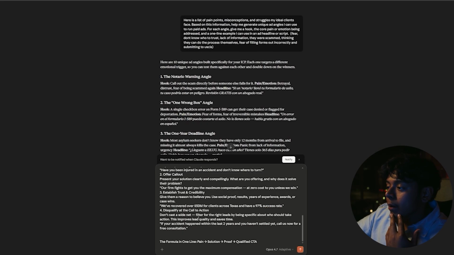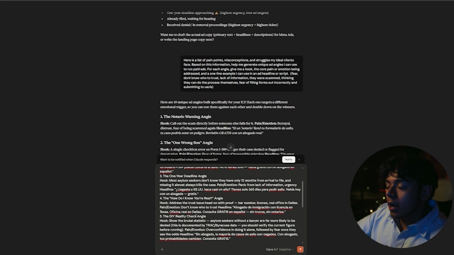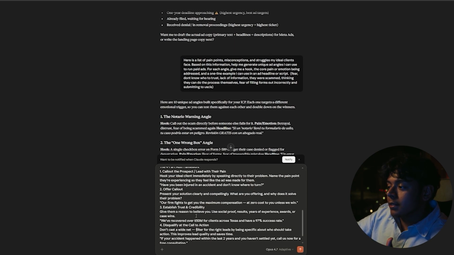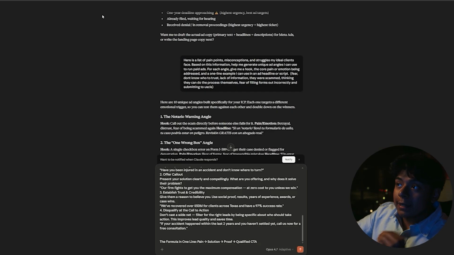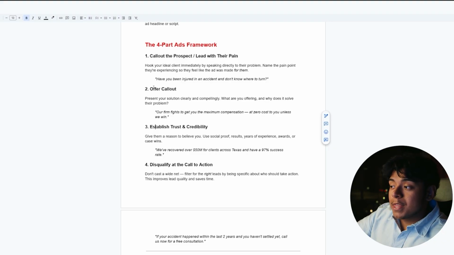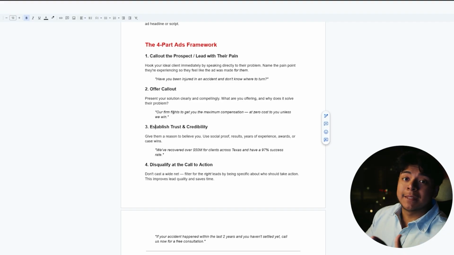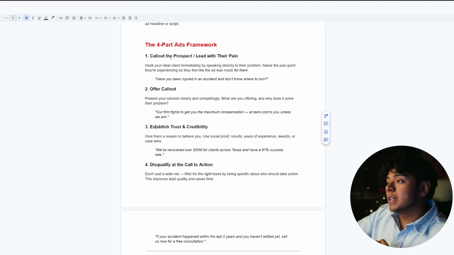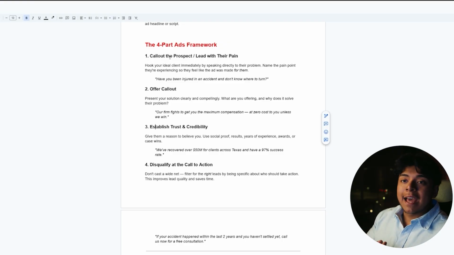And I want to break this down. Now that we have it pasted in here, we have everything ready to go. This is the framework that we're going to be using, but I want to explain why this framework is different than just trying to script it yourself or just asking the AI to script these into ads. The reason is because we want to call out our prospect, right? We want to lead with pain. Most people are tired of seeing advertisements. They're tired of seeing ads. Every other video that you see on social media is an ad or someone trying to sell you something. It's no longer someone looking out for you. It's no longer someone calling out to you. It's no longer